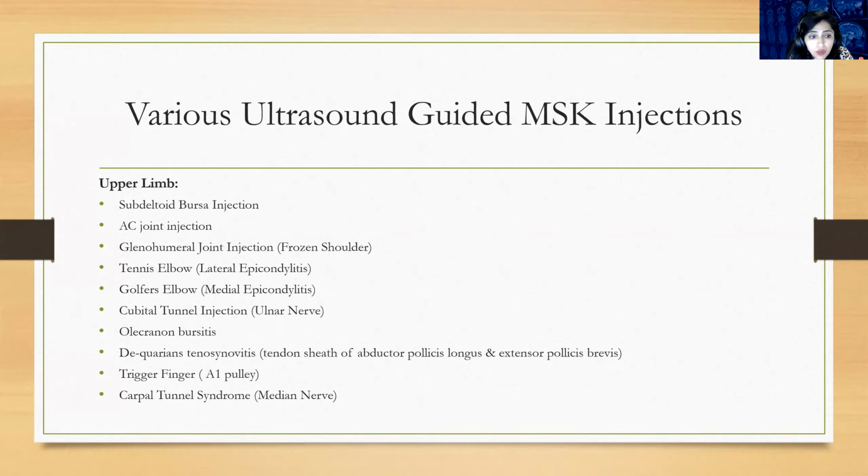But before going for the cubital tunnel injection, we usually perform an MRI, because there can be some other cause. Since ulnar nerve neuritis is not a very common condition, if the patient has symptoms of ulnar nerve neuritis, we usually perform MRI first, to rule out any other cause of ulnar nerve compression, and then we go for injection into the cubital tunnel.